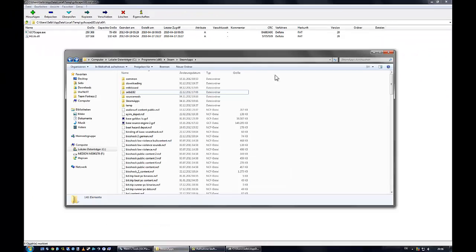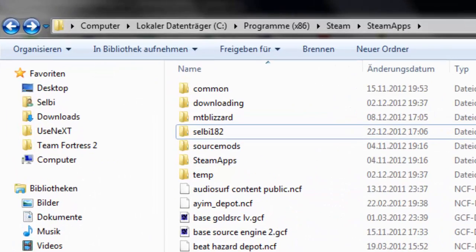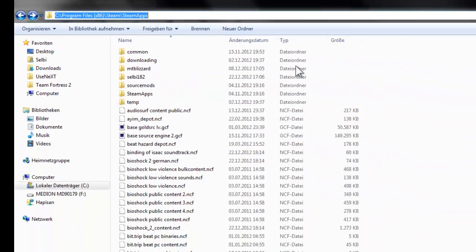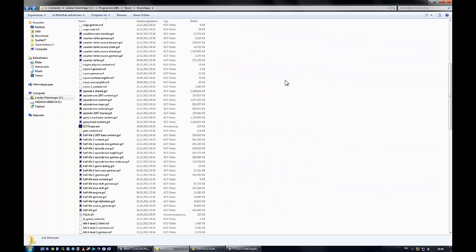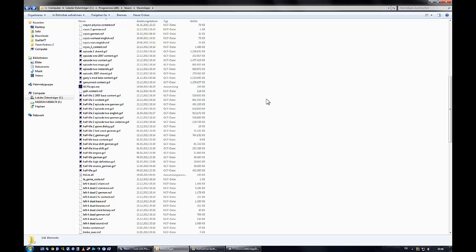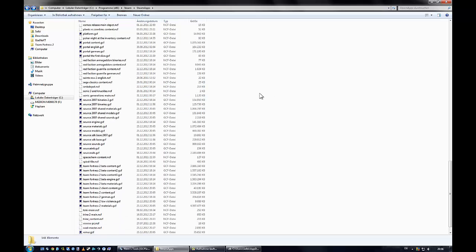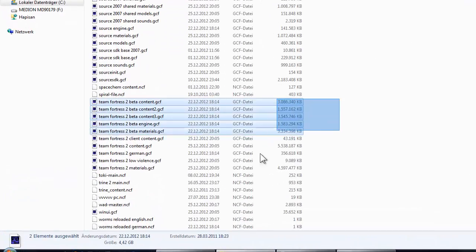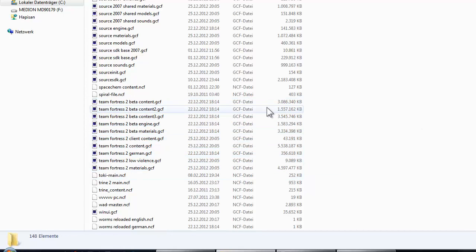Then, in your Steam apps folder, you can locate this under C, program files, x86 if you have it, Steam apps. And now you're going to have a bunch, as you can see I have GCFScape unzipped here. As you can see I have a bunch of GCF files for different games. Team Fortress 2 in fact has like a billion of them. The first six or so are a bit better content, but what we want is the Team Fortress 2 content GCF. So open that with your GCFScape,